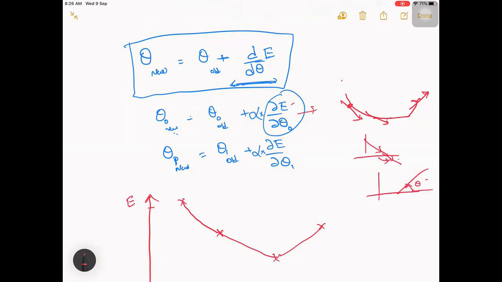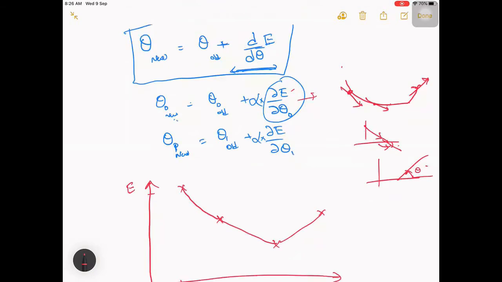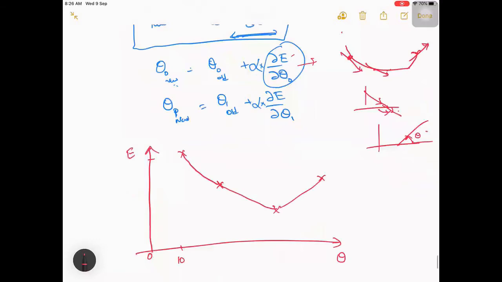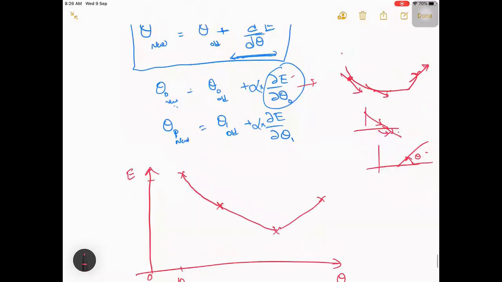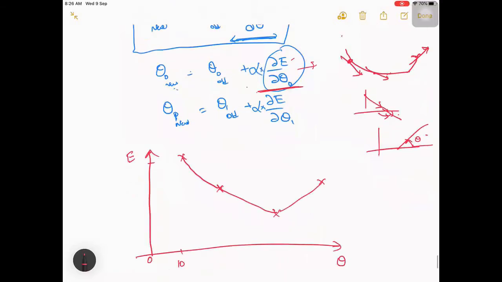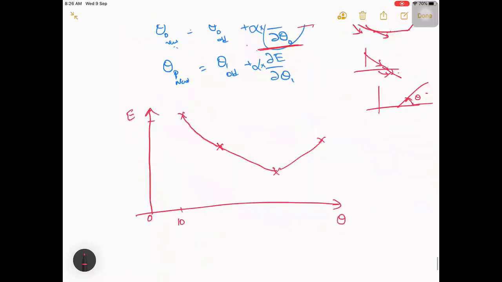There will be a change in sign of your derivative. What will happen is you get negative values here. Finally, what you'll be getting is the negative values here, because of which your theta value will decrease. Let's say it decreased till here.